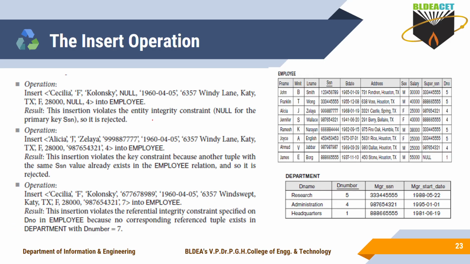Is that clear now? So in the lab also you have to create a new relation, and for that relation you have to insert new tuples. While inserting the tuples, if you make these mistakes, then what error message will you get? You will get an error message like entity integrity constraint violation. Then you have to know where you have made the mistake: you are trying to insert a null value for the primary key here.